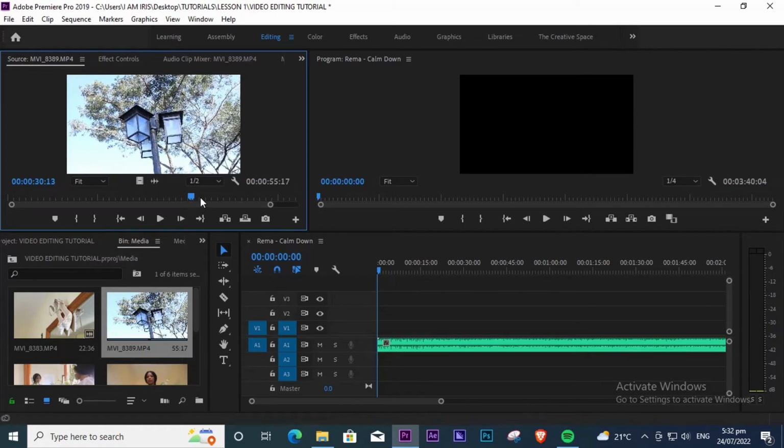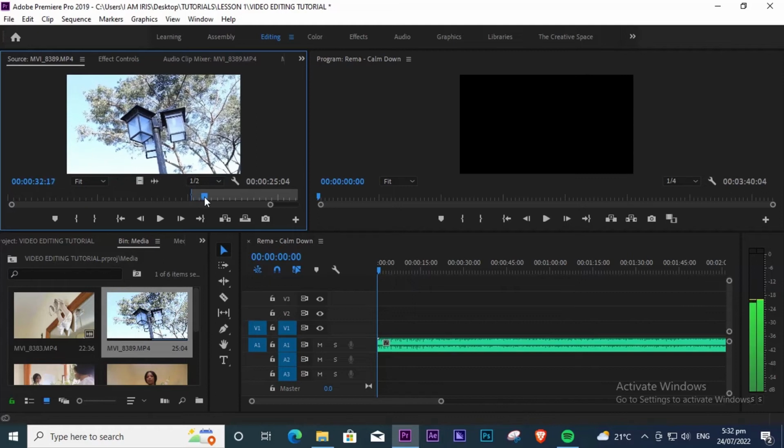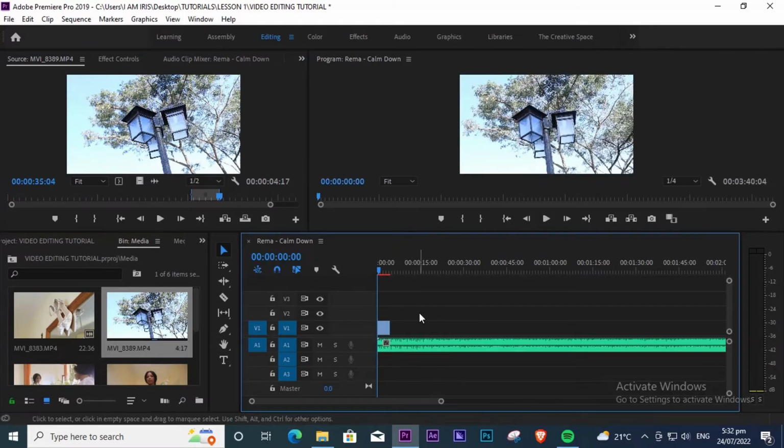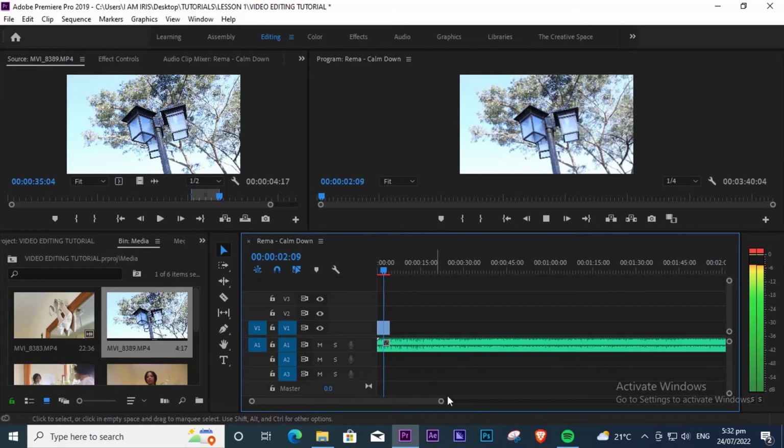I want to take this part. I'll show you: if I press I, it will select where I want my video to start. And then I'll move a little bit and end somewhere here. I'll press O for out. So you can see I have this part selected. I can drag this and drop it in my timeline. Now you can see, I talked about that. If I play the video,